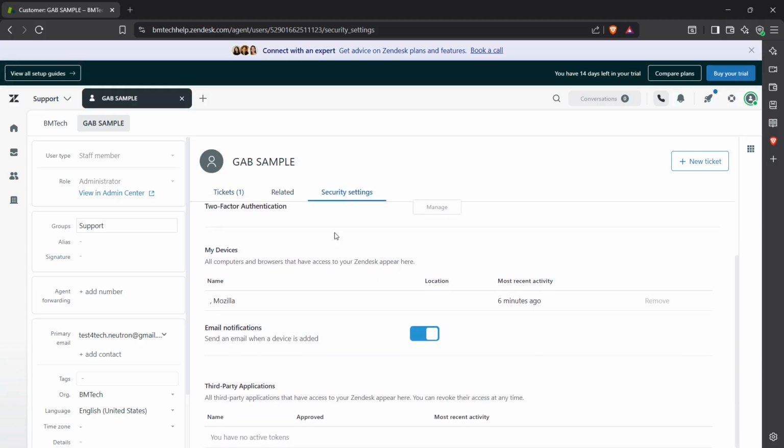At this point, you'll want to turn off the email notifications. Look for a toggle switch or checkbox next to the email notifications option. Click on it to disable the notifications. You may see a confirmation message or an indicator showing that notifications are now turned off. This ensures that your changes are applied correctly.